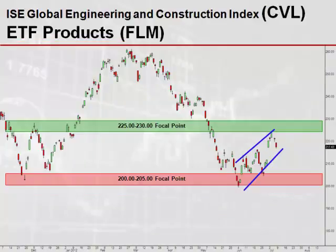Next, I want to take a look at the ISE Global Engineering and Construction Index, symbol CVL, and we see a similar formation to what we were looking for on all the other indices, and that's just these rising flags or a consolidation off of an extremely oversold market. At some juncture here, if the whole market does roll over, it is likely that this construction index will go through one more sell cycle, at minimum retesting its 200 low. We could see an overshoot that could easily go down to even the 180, 175 level on the downside